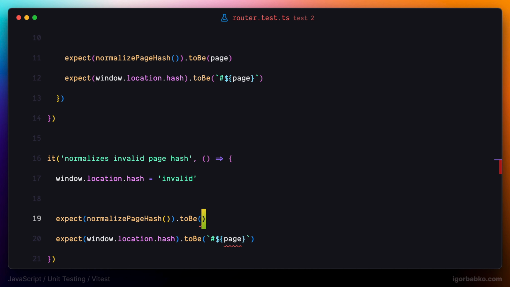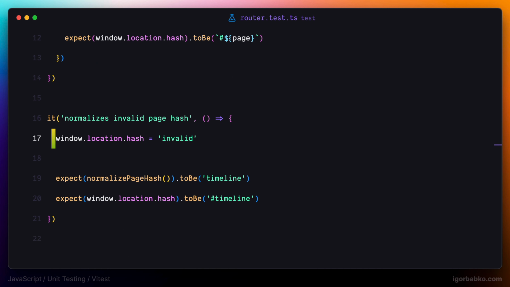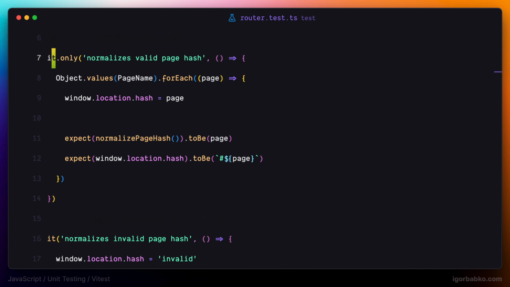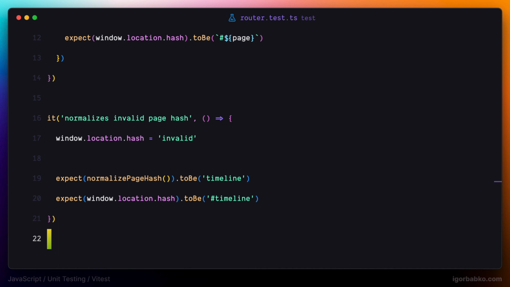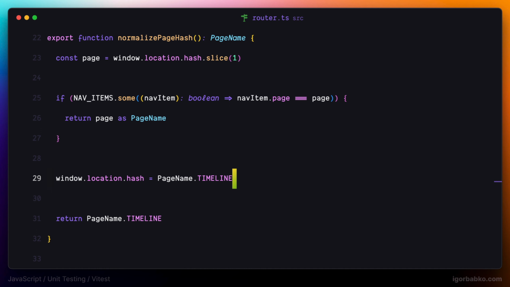In this case, normalize page hash function should reset invalid page hash and assign valid page name, which is timeline. We're checking both cases that normalize page hash function will return string timeline as well as value of the hash property should be equal to timeline. Now before checking test results, let's remove the only modifier in order to run all tests. They are all passing. But if we're going to modify initial function in some way, and instead of assigning timeline to the hash, we're going to assign name of the activities page, right away we're going to get an error